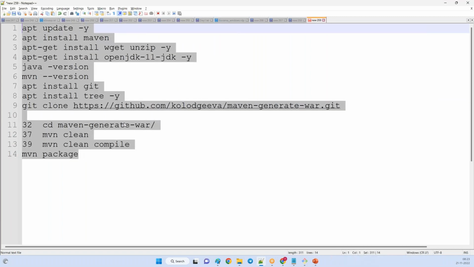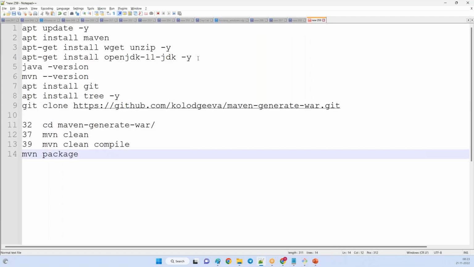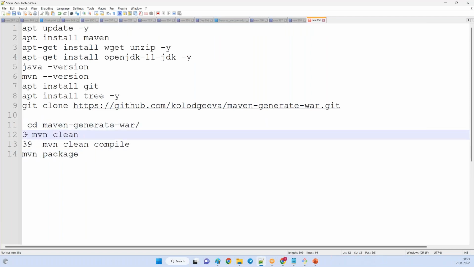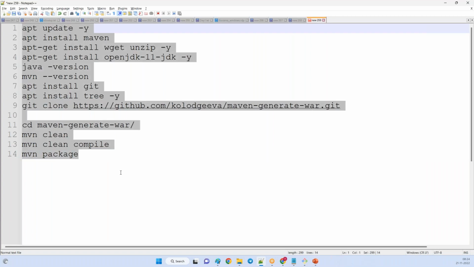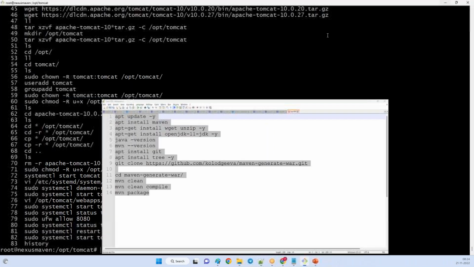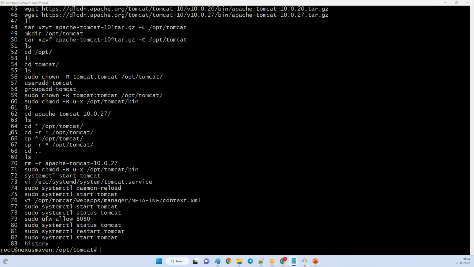Right. So this is helpful to install Java, and these are the commands for Maven and cloning the repo. Okay, so I will share this chart. You can use it for the installation. Just note it down, just take it. So I mentioned our chart.